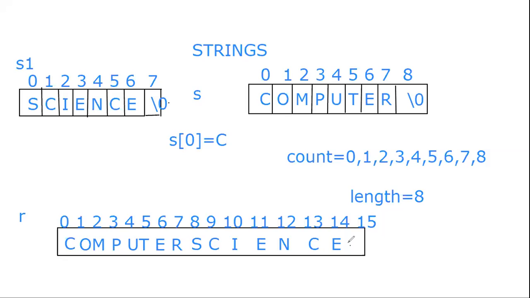Is this clear? Yes, ma'am. So this is called as concatenation of strings. So we have one string, at the end of that we write the second string. So as output we get both the strings together. This is similar to adding them, like combining them. So at the end of the first string we append the second string. This is called as concatenation.